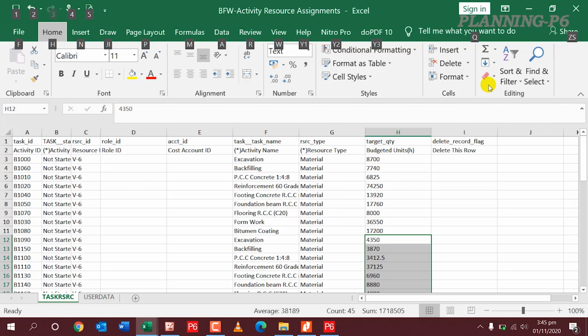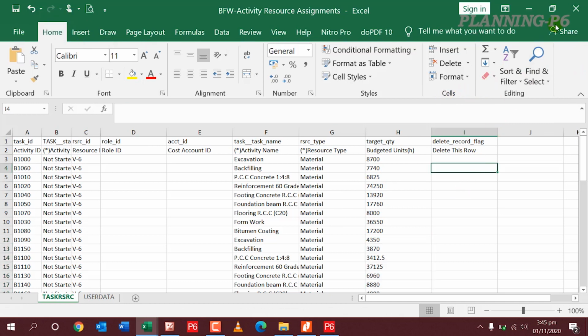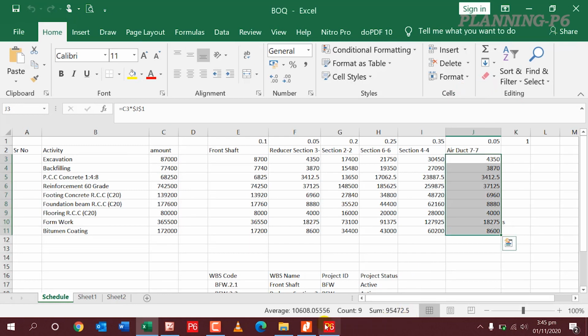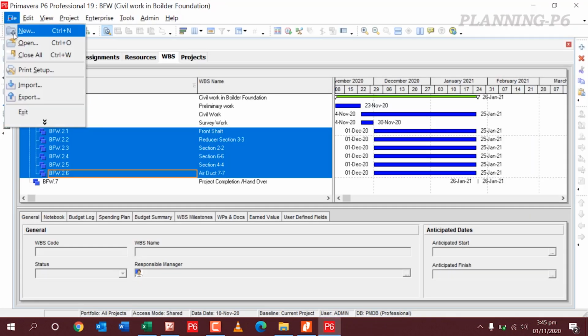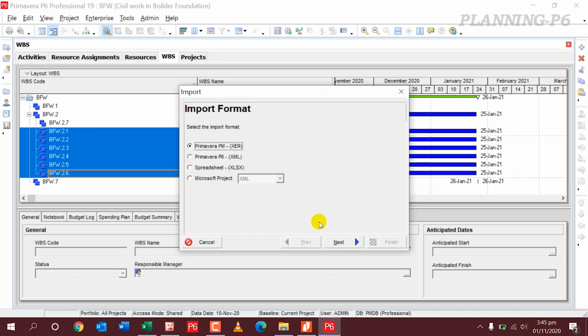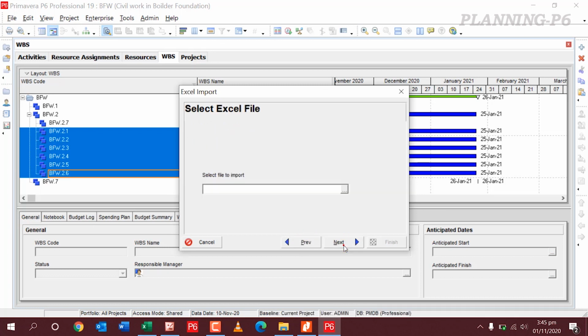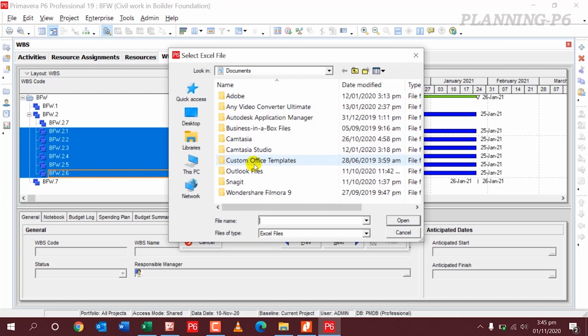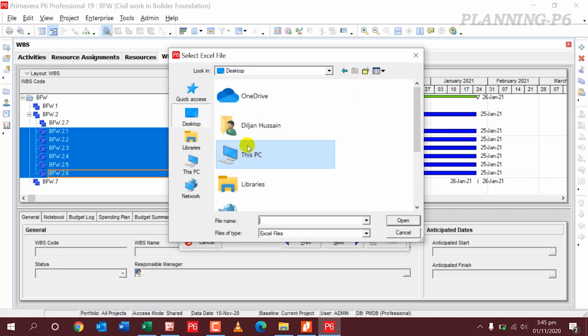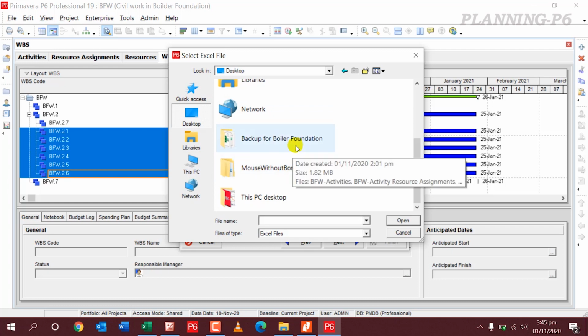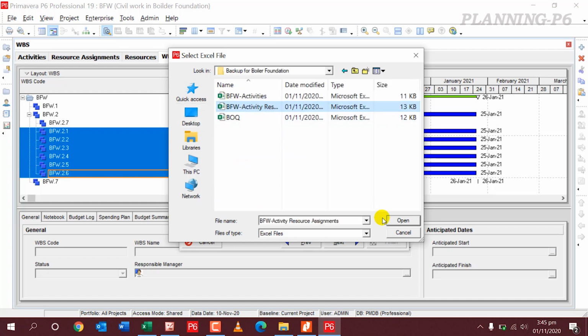I will close this file, and now I will go to Primavera P6 and import my loaded budgeted units. Import here from desktop, resource assignment, and I will update existing.